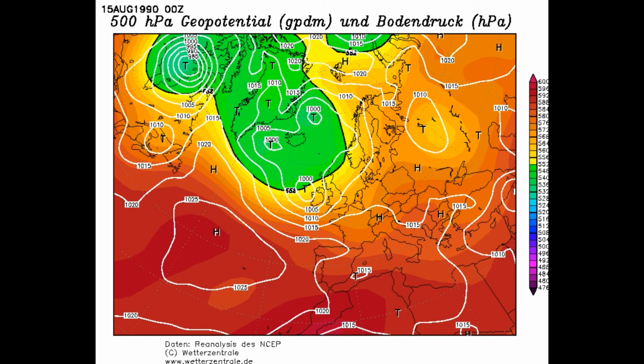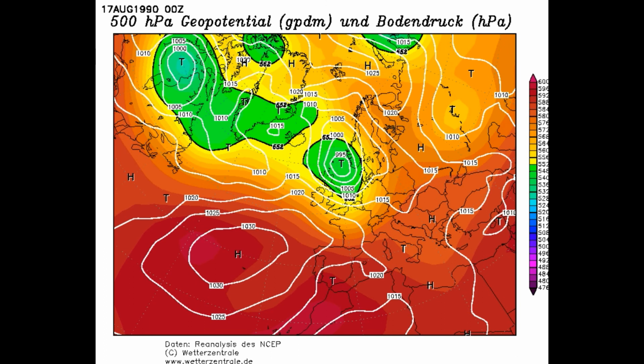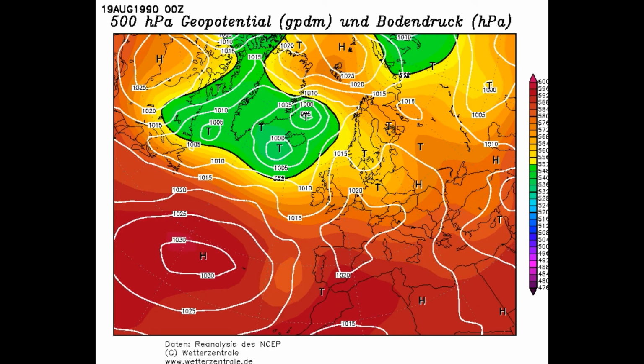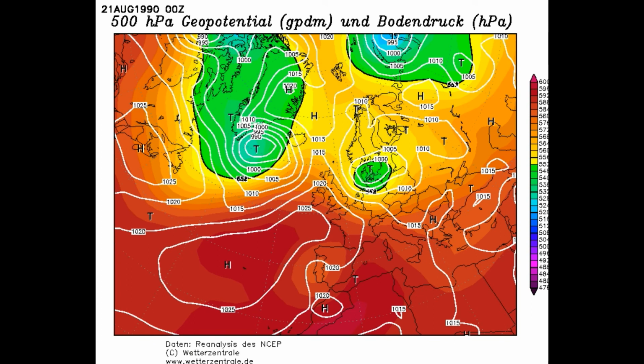And then we keep things generally unsettled through the 17th and into the 19th of August. And again, this does explain why the CET is a bit lower. But again, you can't really complain after that very warm spell early on in the month. But actually, as we get through to the 21st, high pressure actually does try and have another go.